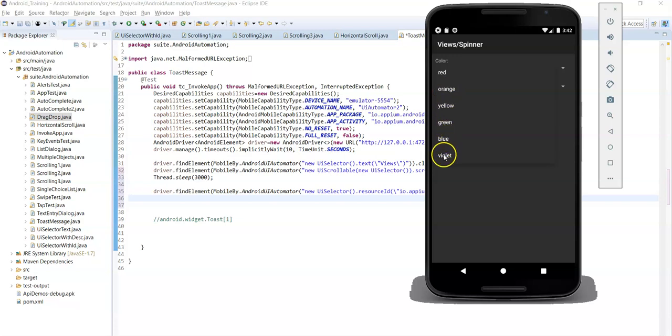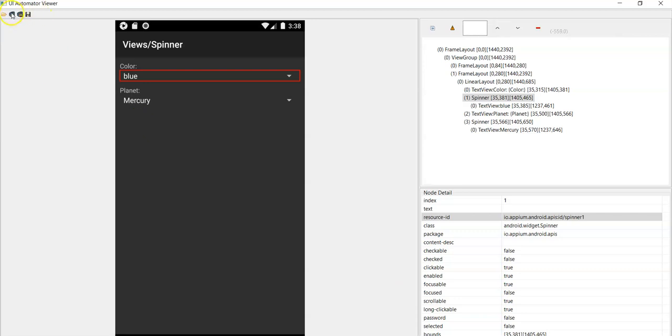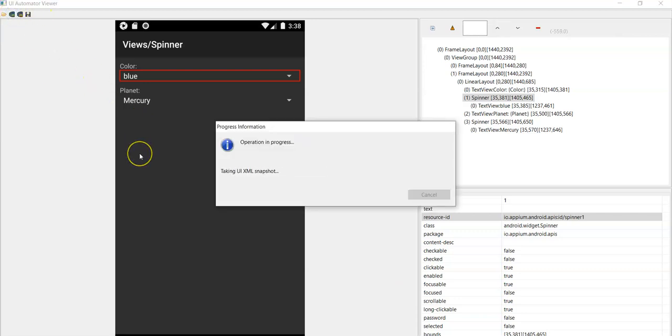You can select any color. So let's select blue. For that, identify the locator for this blue. So let's take the screenshot again and identify the unique locator for blue.